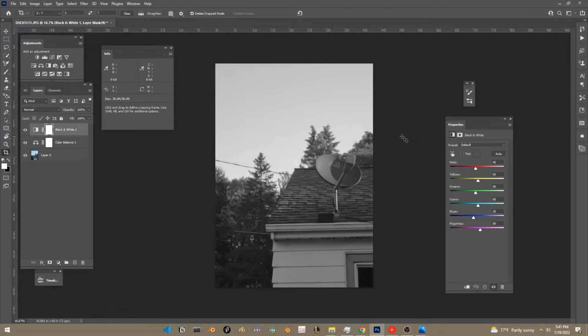Let's just get a very general basis. Our focal point, because it's kind of more in focus and it is a bit more prominent in the scene, is going to be the house. Let's do this. Let's push the yellows. Okay, the yellows are going to really mess with the trees. The greens,